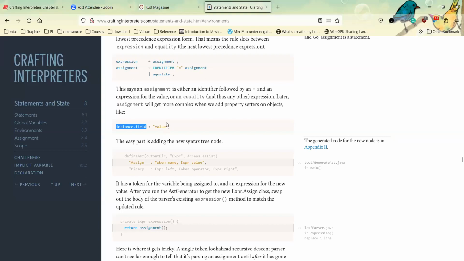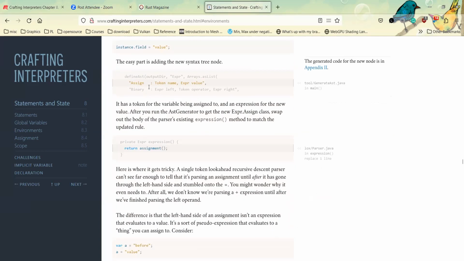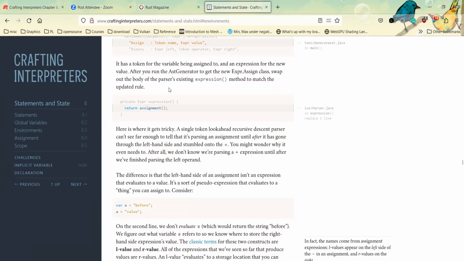Oh, I guess not, because in the weird stuff I talked about before, the left-hand side is still the identifier. Add a new syntax tree node, and for the expression, we can just directly go to an assignment when doing parsing.